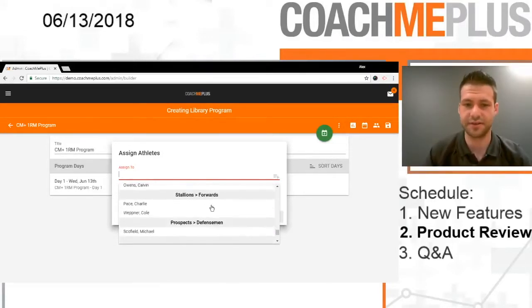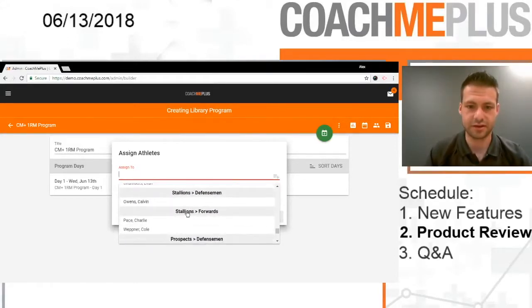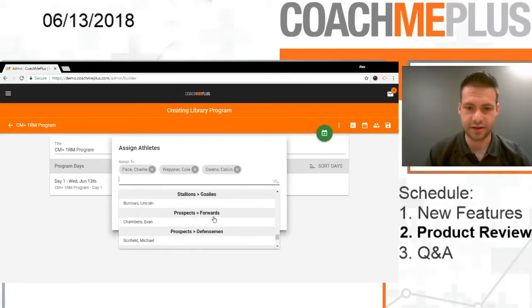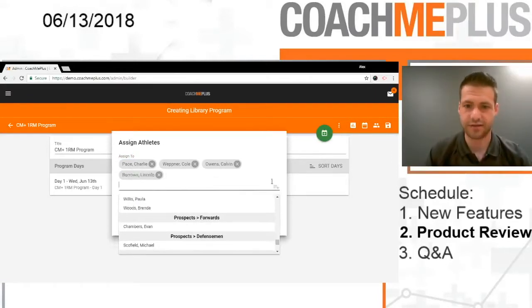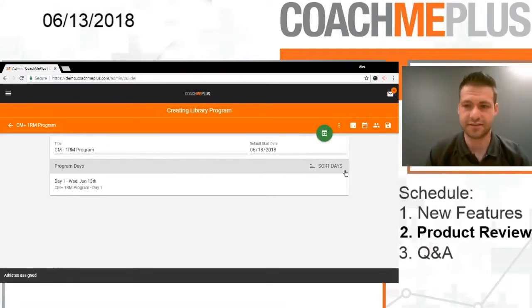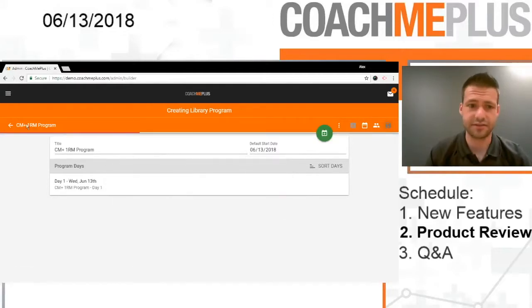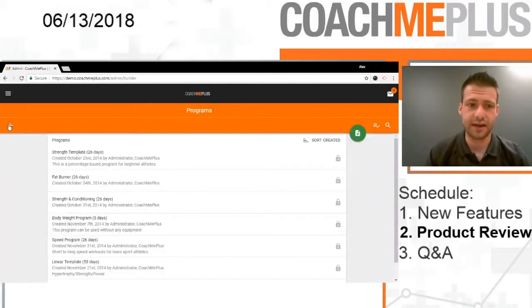Like mentioned in previous videos, you can assign to each individual or you can assign to a bunch. We're going to go to all the forwards, all the defensemen, and all the goalies. So the whole team right there. Give it a prompt date and assign it. So we have that. We're going to save the changes we've made to the program,